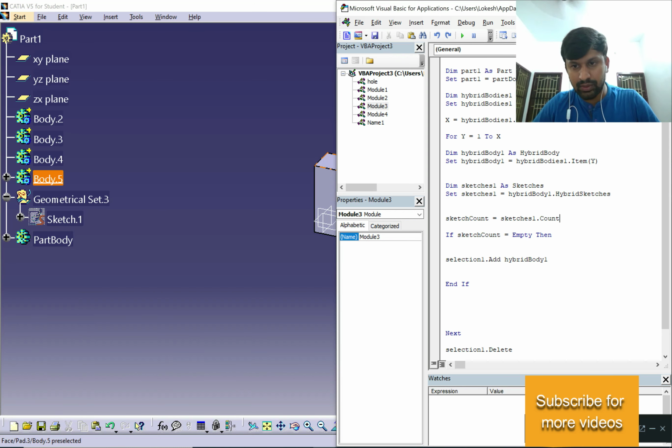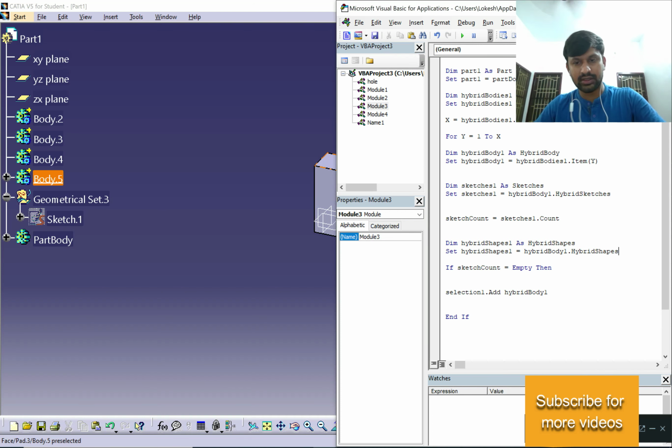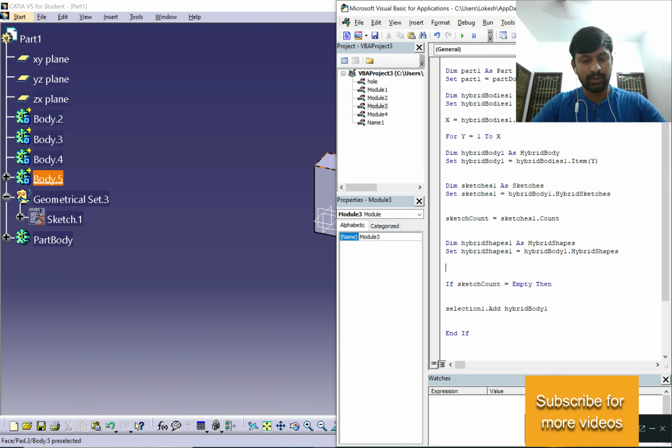I will put it below this because that's for sketch and this is for hybrid shape. So I'm going to say hybrid shape count equal to this one. I'm just copying it.